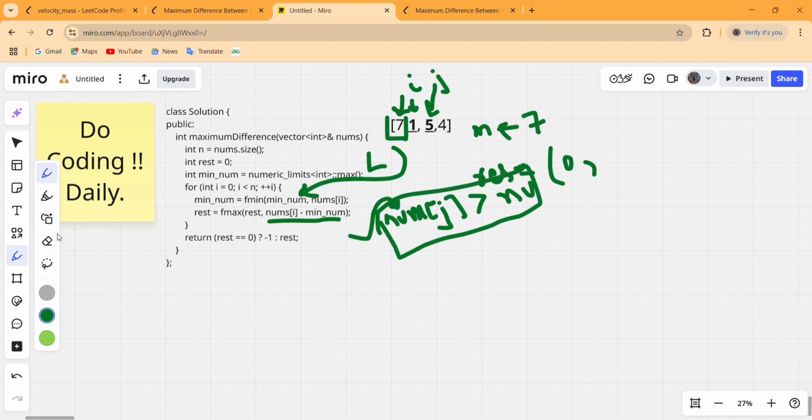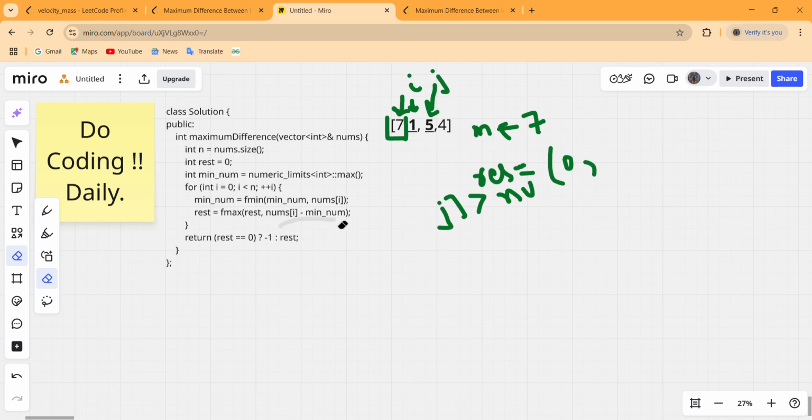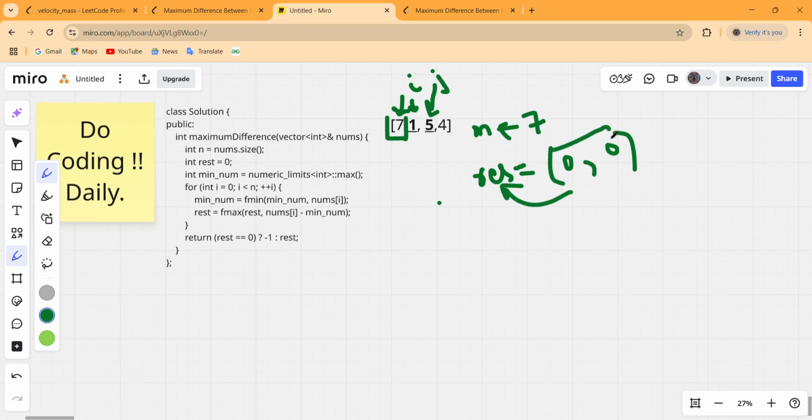So now let's erase all this. Our minimum number till this index is 7, so 7 minus 7 means 0. So our result is 0. Maximum of these two is 0. Result is 0 now.